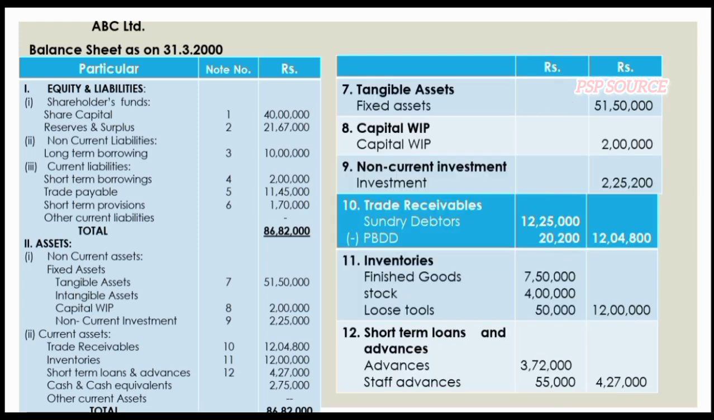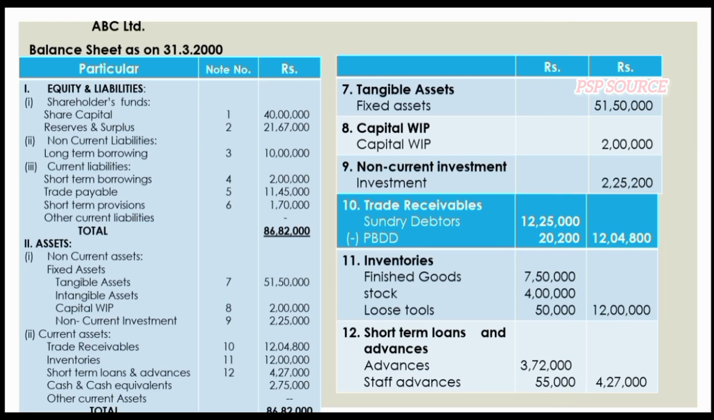Next, we'll look at assets. In assets, there are always two categories: non-current assets and current assets. Non-current assets are tangible assets ₹51 lakh 50,000. There are no intangible assets in our problem. Next, capital work in progress ₹2 lakh and non-current investment ₹2 lakh 25,000. For current assets, trade receivables ₹12 lakh 4,800, inventories ₹12 lakh, and short-term loans and advances ₹4